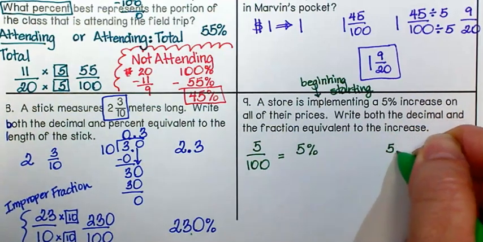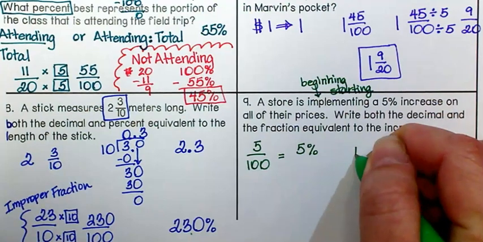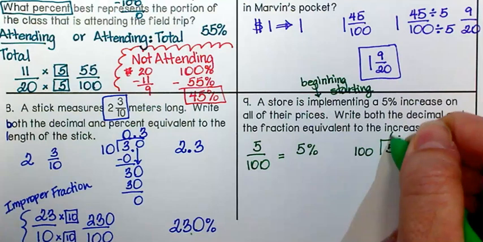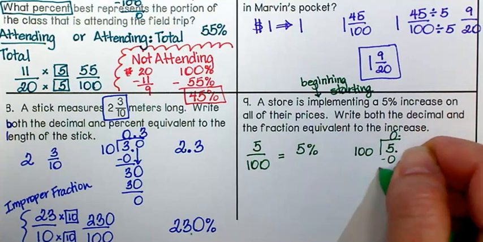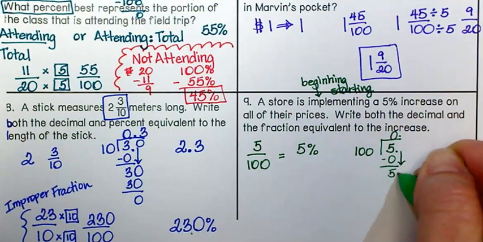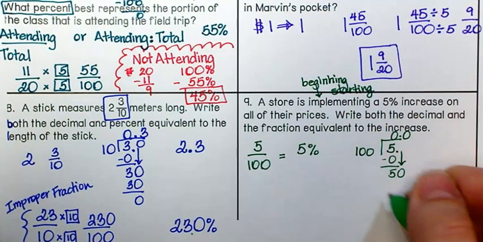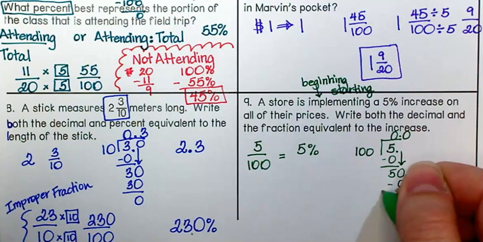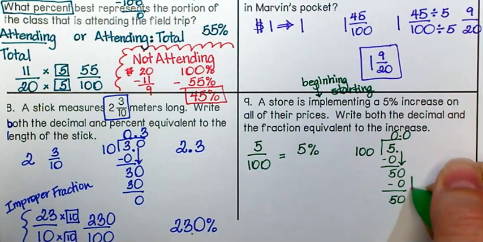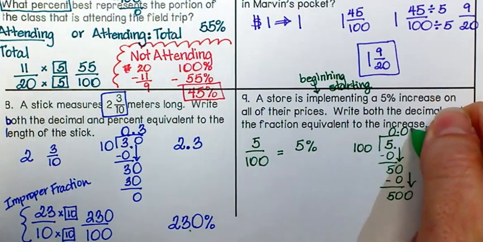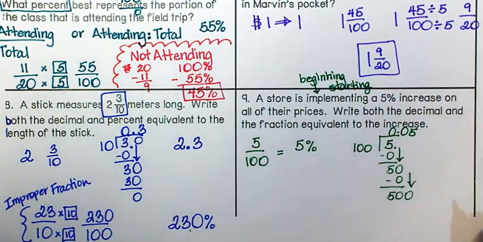I can either say, hey, let's do 100 into 5. 100 won't go into 5, okay? Bring down a 0. 100 won't go into 50 either, so another 0, okay? 0 times 100 is 0. You get 50 left over, you bring down another 0. 100 will go into 500, and you get 5, okay? If you don't love long division,